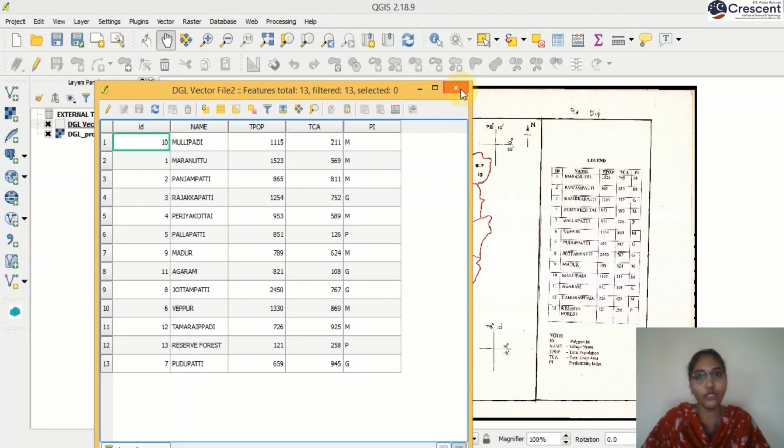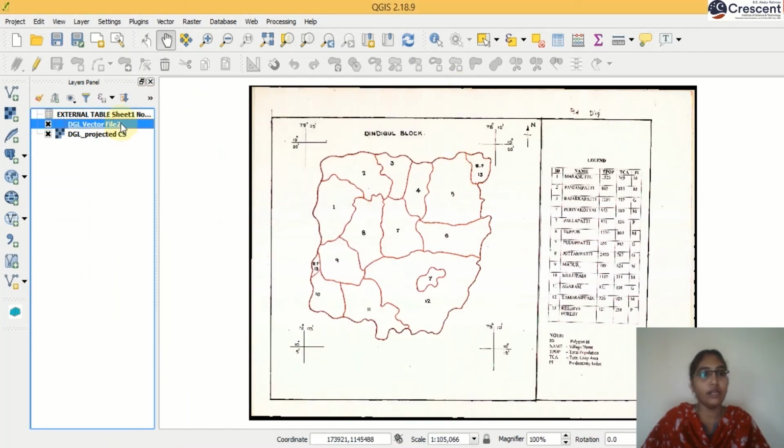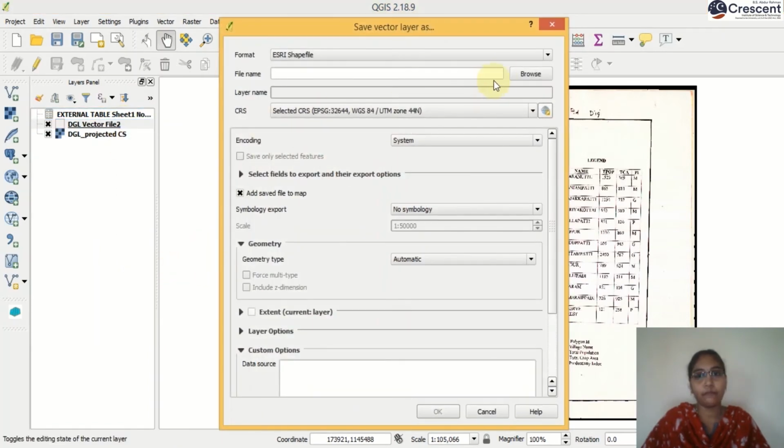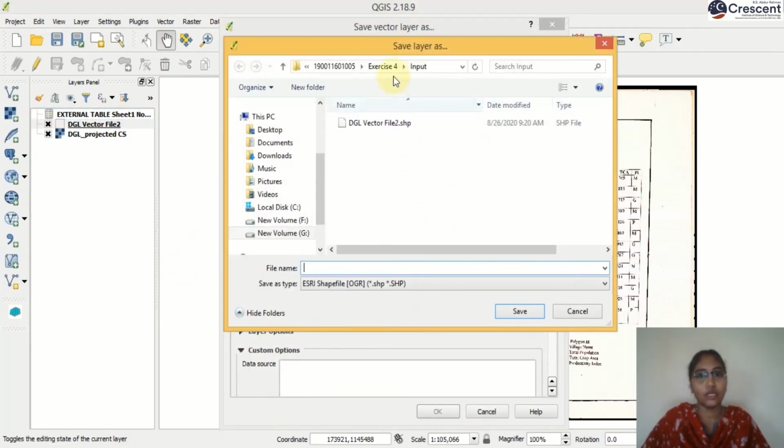So if you want to permanently save these 3 columns into your shapefile, right click, save as, browse. Under exercise 4, click the output.